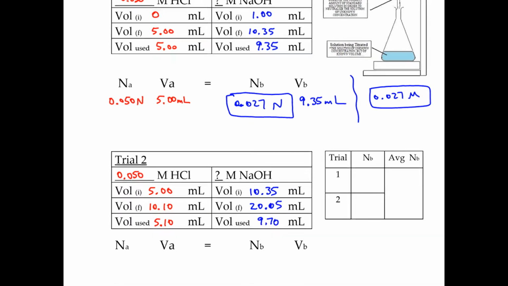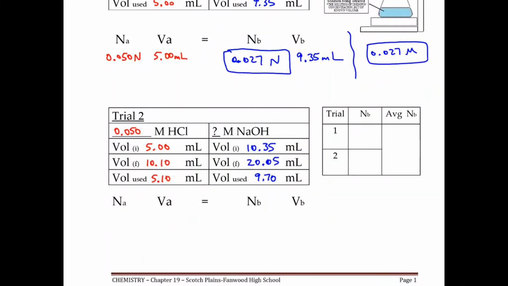So now we go to our formula and do the exact same thing. My starting molarity of the acid was the same thing as the normality, which is going to be 0.05. And the volume is going to be 5.10. So 0.050 normal, 5.10 milliliters equals the base volume, 9.70 milliliters, and we do not know the normality, but it's going to come out to be 0.026, which is nice because it's close to the other one, so we're precise. And of course, that's going to still equal